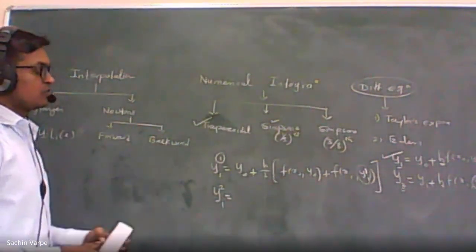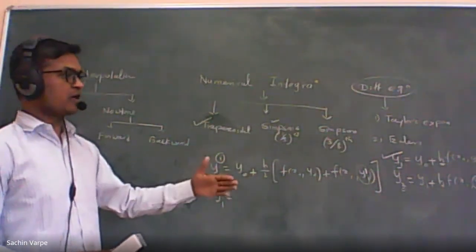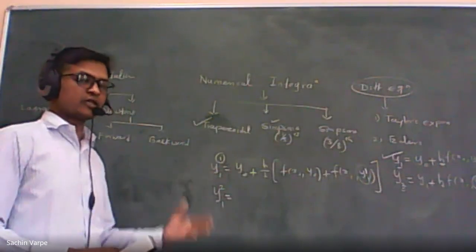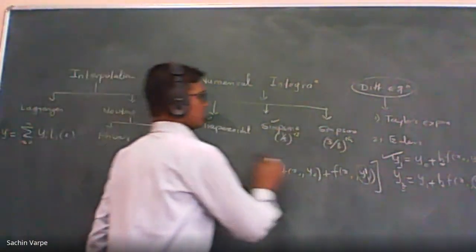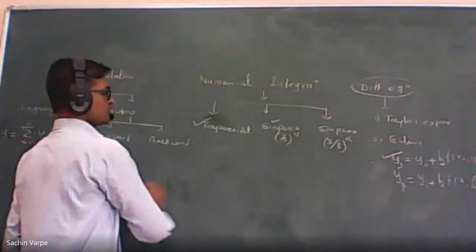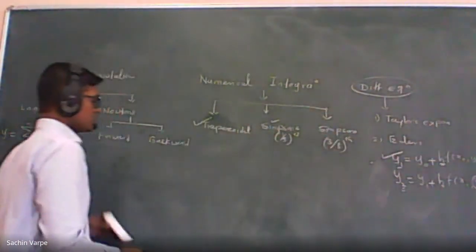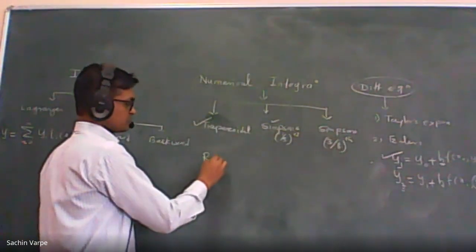If we are asked to find the value of y2, the y value at the second step, then we have to check all the modifications in y1 and y2, and then fix the correct value, isn't it? And then use that value for the further calculations. So that is what we did in the modified Euler method. And then we proceeded with the RK method, the Runge-Kutta method.